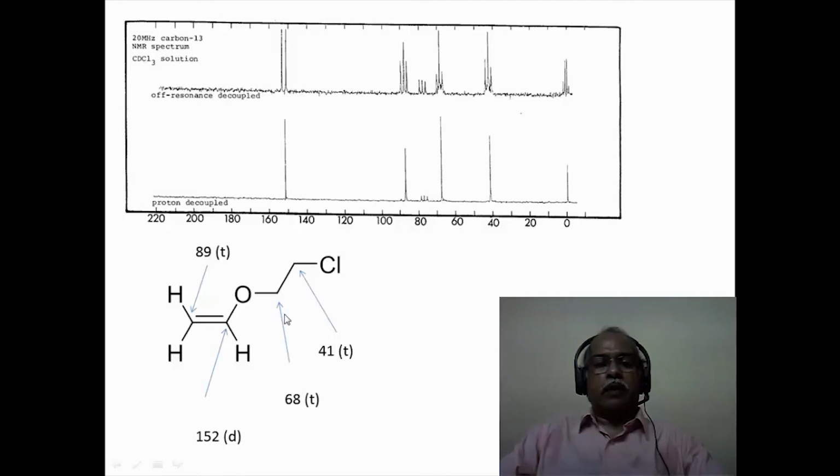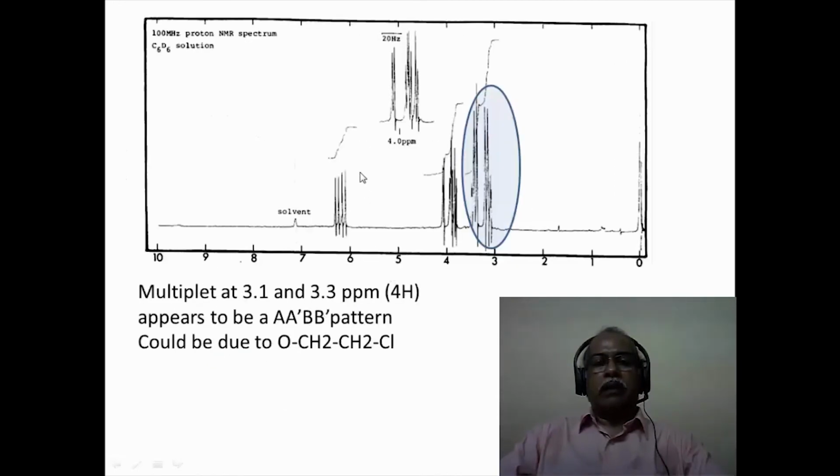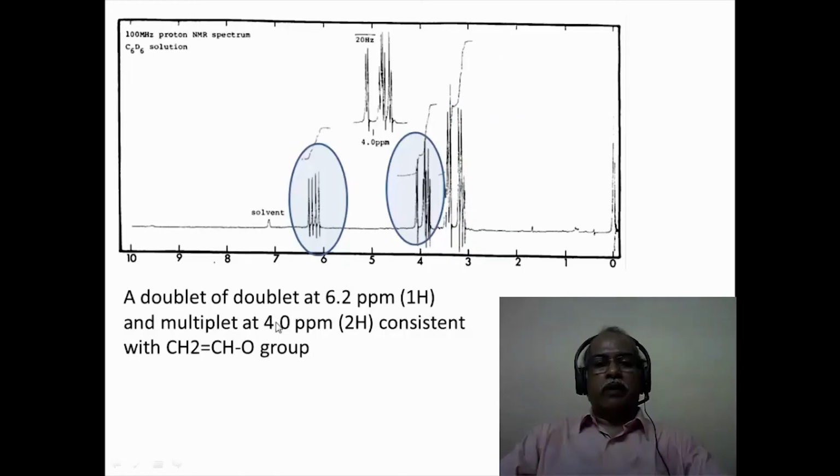And in the proton NMR spectrum, although we have not analyzed it very carefully, this doublet of a doublet seems to indicate that there is a vinyl group present in the system. So it was identified from the proton NMR spectrum, and it is corroborated with the data from the mass spectrum. This region was not expanded and interpreted because it's a fairly complex second order spectrum. Nevertheless, the indication tells us that it would correspond to the CH2 functional group of the vinyl ether.